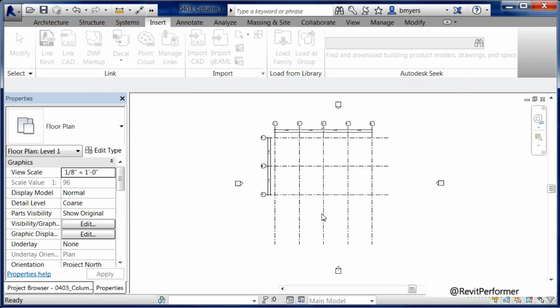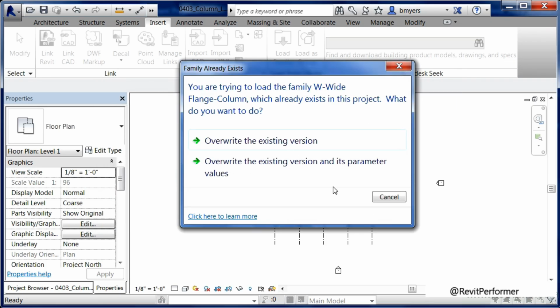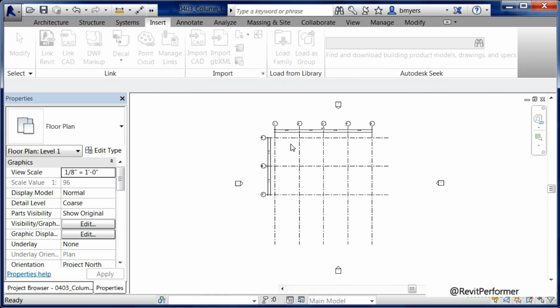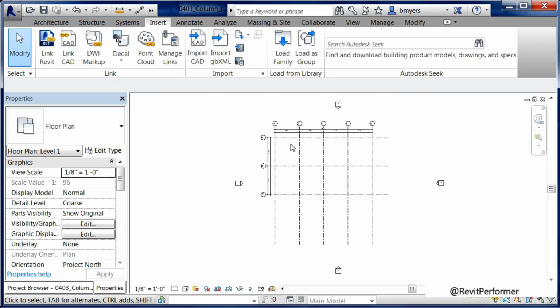And just so you can see it, I'm going to highlight on the very last one, the W4x13, and click on OK. It may give you a big warning message saying, do you want to override the existing version? And that's okay. Go ahead and do that. It's not going to actually hurt anything. Basically, it's saying there's already a W-size column loaded into the project. Do you want to add extra sizes to it? And we're going to say yes to that question.